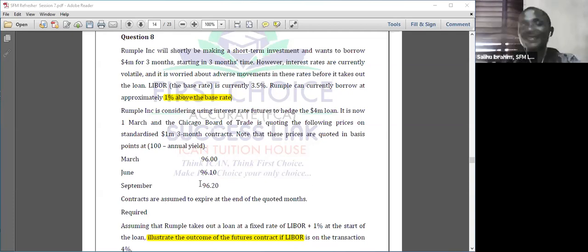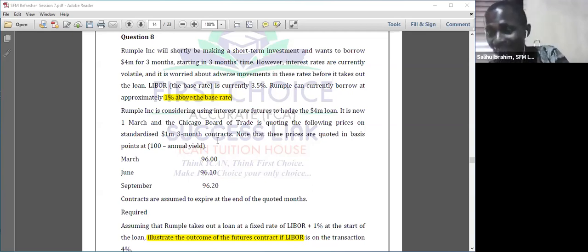Now, having decided on the type of contract, the one you have to buy, the next one is to compute how many contracts you need to buy. Because we are dealing with standardized contracts, you need to get how many contracts you need, because you might not be able to use all, since you are dealing with a standardized derivative instrument. Okay, if that is the case, the formula for computing the number of contracts to buy is your exposure over contract size,